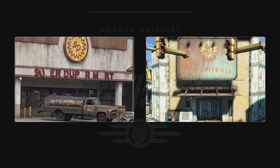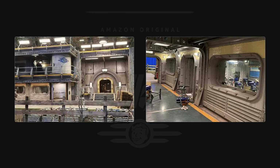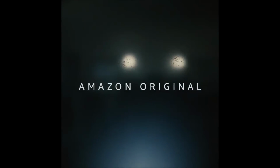The Super Duper Mart is also picture perfect, and the previous shots of the vault interior look so similar to what we've seen in game. This collection of ramshackle structures and the crashed plane also bear a striking resemblance to wasteland settlements like Megaton and Libertalia. Overall, it was amazing to see a first official look at the series since that teaser way back when,